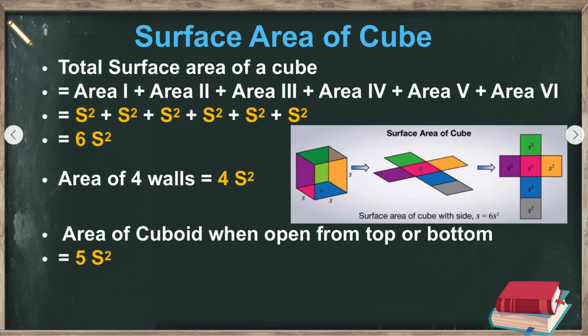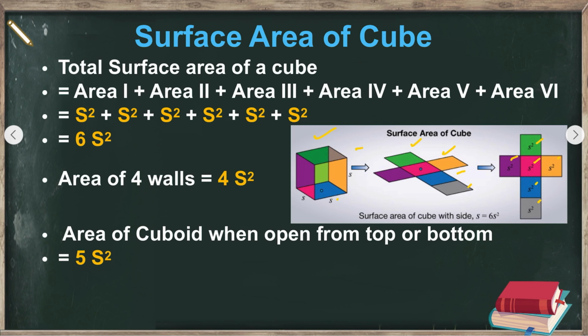Now you can see we have a cube which has total 6 faces and the measurement of each face is equal. That means each face is made up of a square. Okay, and we know that in a square all the four sides are equal. So if we open this cube, it will appear like this, having 6 faces of each measurement. Considering the length of each side is s, and we know that the area of square is given by the side square, so the area of each face will be s square, s square, s square, s square, and s square, and s square.